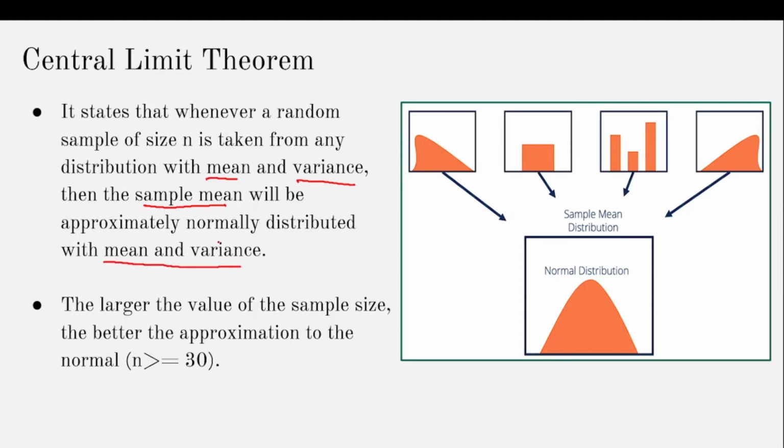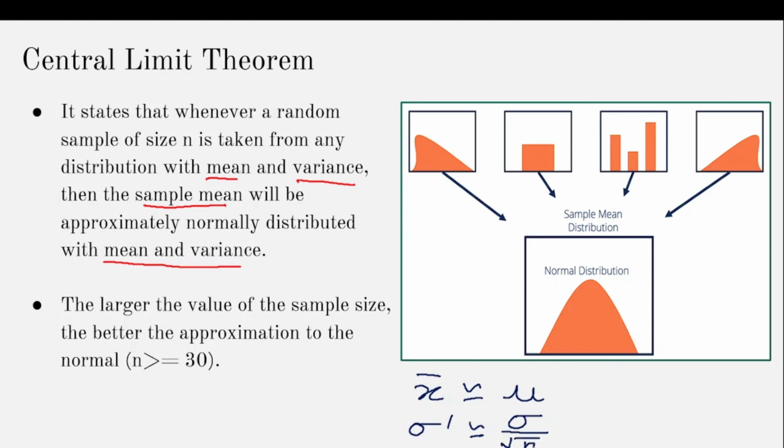In other words, regardless of the variable's distribution in the population, the sampling distribution of the mean, that is, the distribution of all the sample means, will tend to approximate the normal distribution, which in turn will have a mean and standard deviation. The mean of this normal distribution will be nearly equal to the population mean, and the standard deviation will be nearly equal to the population's standard deviation divided by